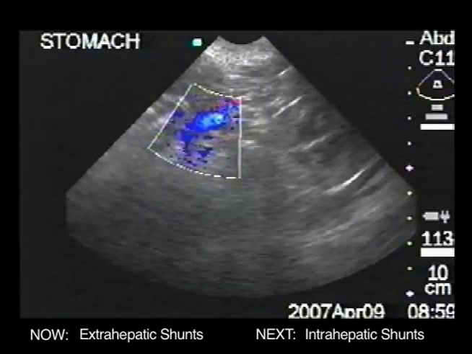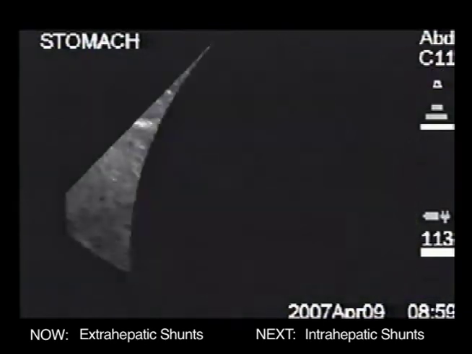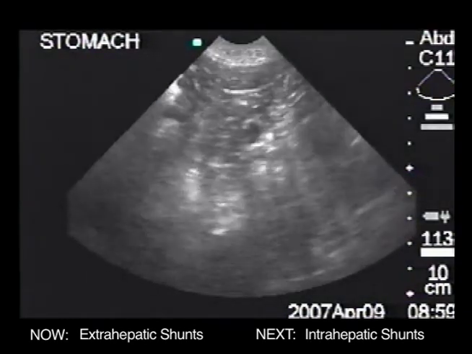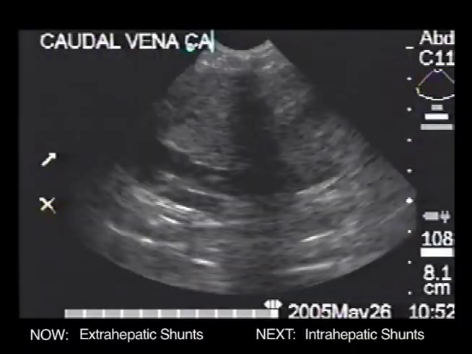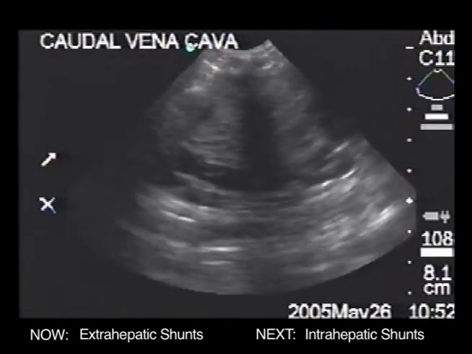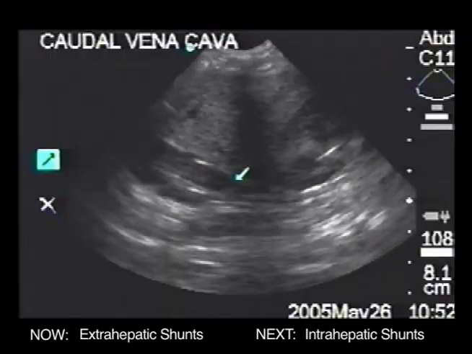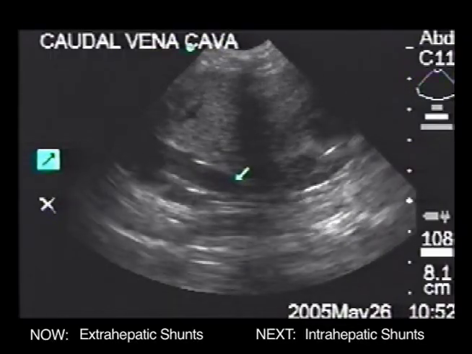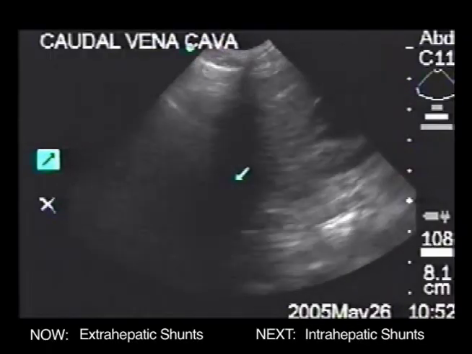Other veins may be seen flowing into the portal vein, but there should be no vessel leaving the portal vein. Blood flow in the caudal vena cava fluctuates with respiration because of varying intrathoracic pressure. Blood flow in the extrahepatic portal vein is normally protected from the effects of respiration by the capillary bed of